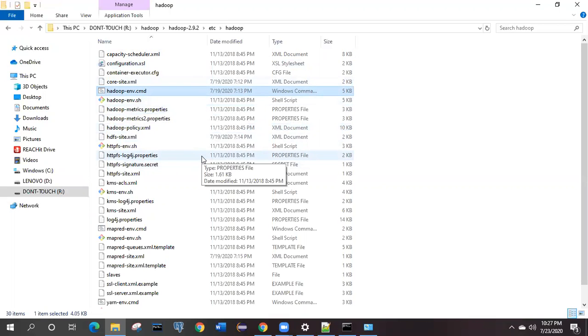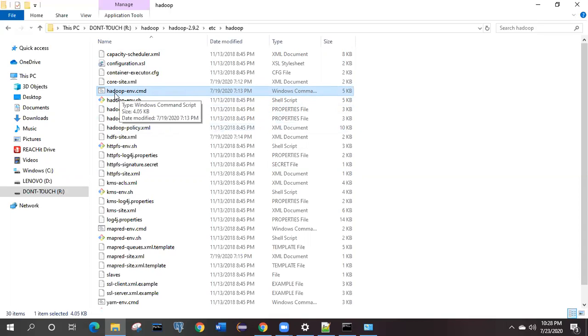Here in these files, again, some files like hadoop-env.cmd and others. If you are not able to find them, in the description I will paste some links from where you can directly click and it will redirect to the different versions of Hadoop. You need to select 2.9 and from there simply copy the files and put them here, because these CMD files may not be present on your machine initially. What these files are and what configuration changes we need to make here, I'm going to tell you.